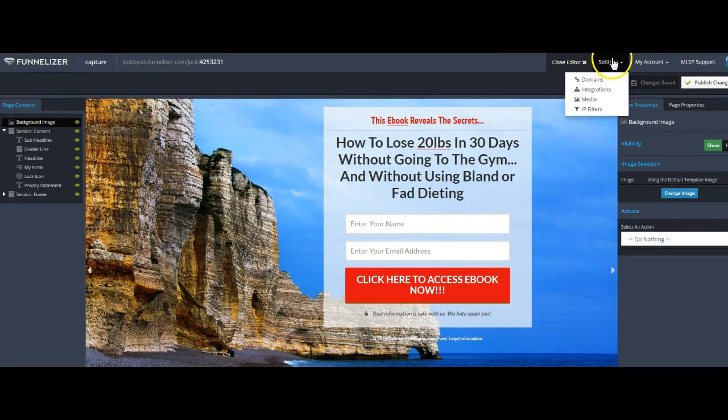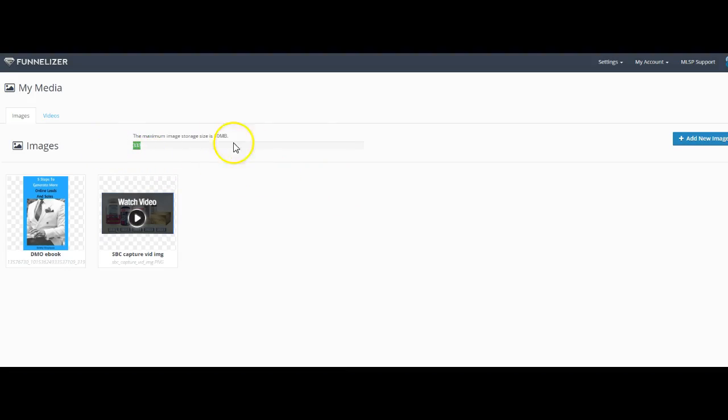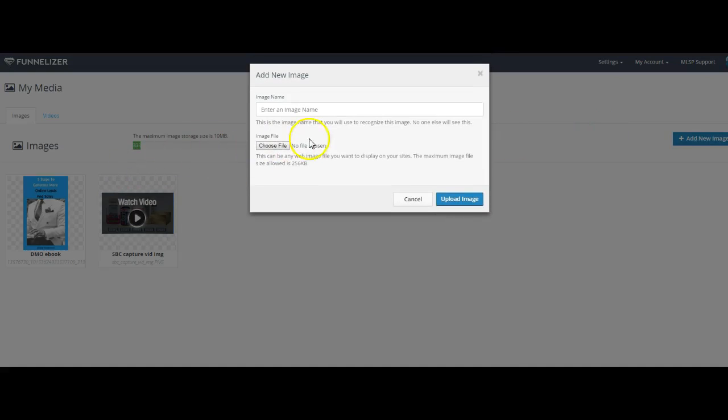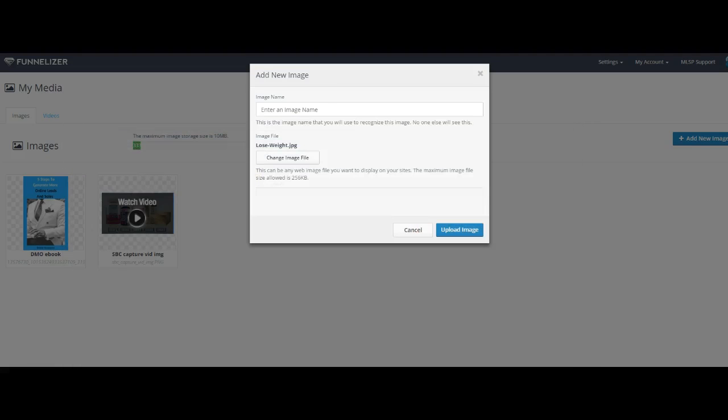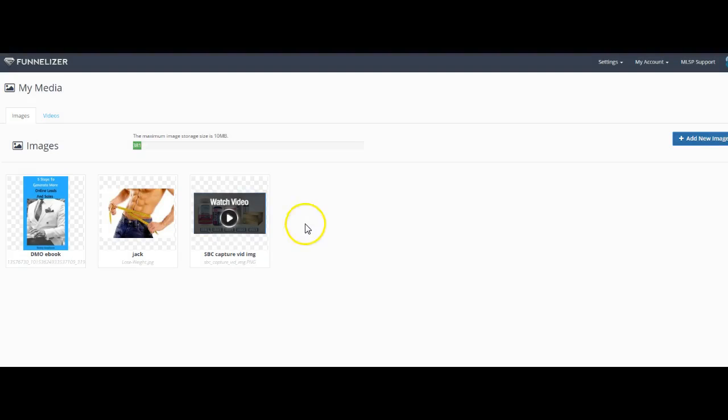And then I'm going to go to my settings, media, add new image. I'm going to go find it on my desktop. Lose weight Jack. I'm going to upload this image. So there it is. Awesome. I'm going to go back.